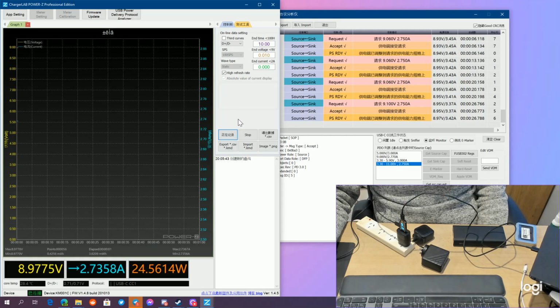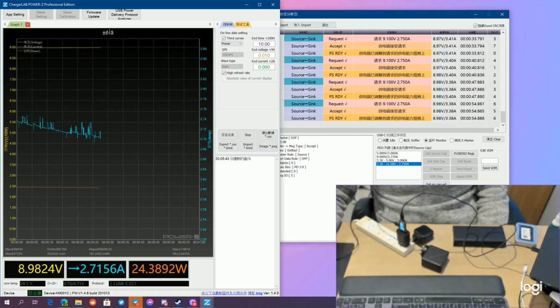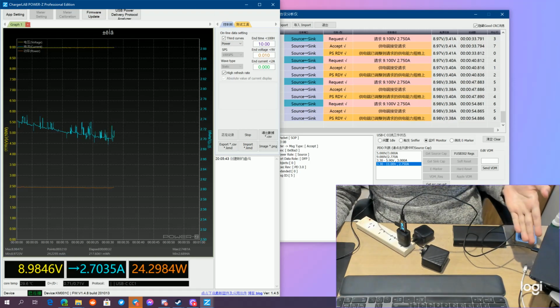start the graph. So you can see we have voltage, which is the yellow line, and current, which is the blue line graphed here. We can also turn on the graph for power. So orange is the computed power of however many watts. We can also graph the total energy that has been transferred as well. So we've seen the traffic on the right here, and we can also graph on